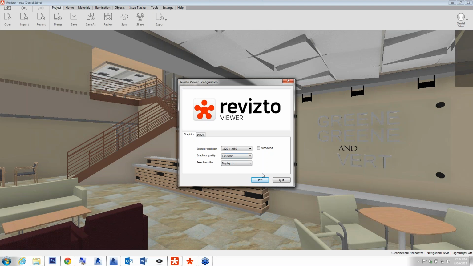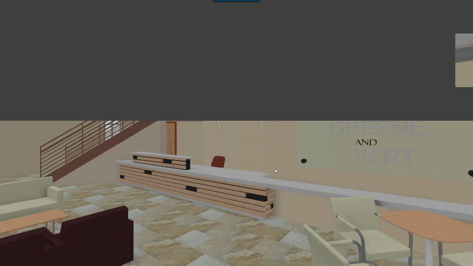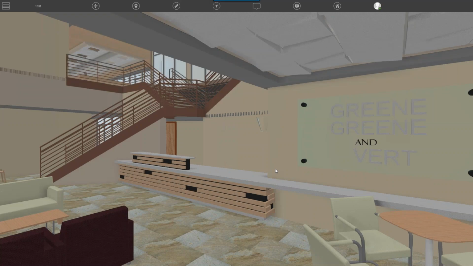And let's see, and then you can pick which display. So if you have multiple displays, those will show up here, and then which resolution. So I'm going to click play. And so once you're in the viewer, you can actually close the editor, you can close Revit, you're basically totally disconnected. So here we're in the law office model, and like I mentioned right away, you can see that the